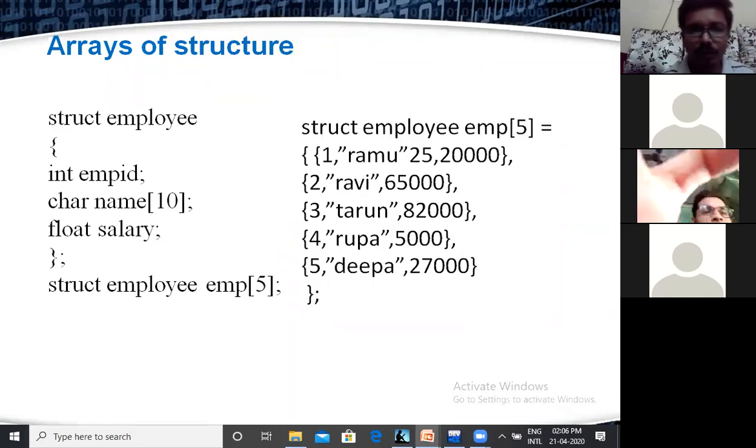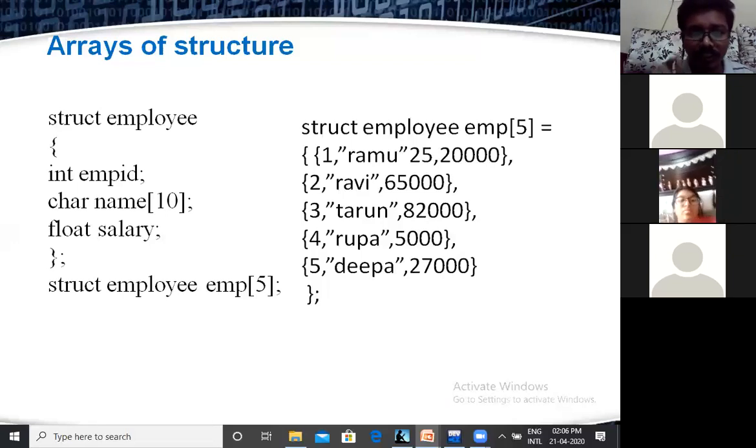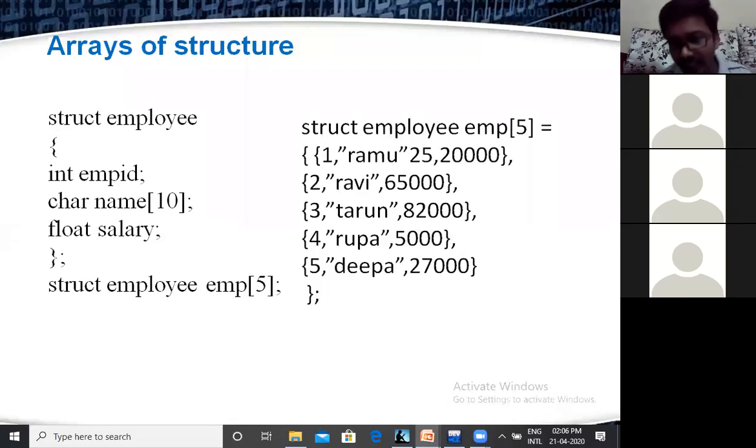Employee of 5. From the right side you can see structure of employee of 5 equal to, you can find 5 records. Each and every record contains employee ID, name and salary. Like that, 5 records are declared.